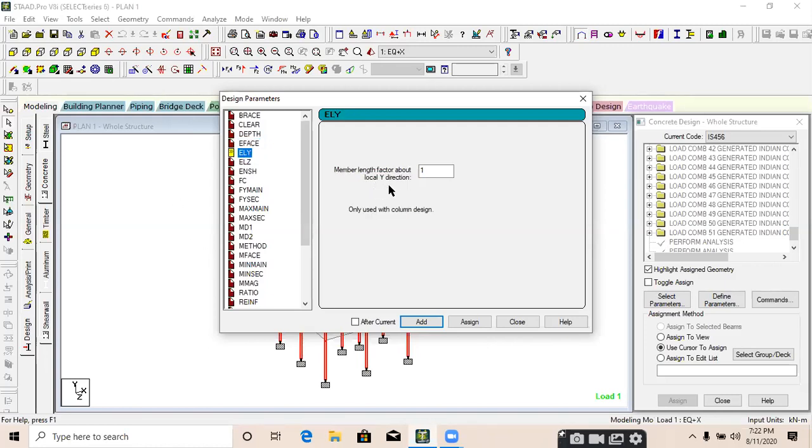Member length factor about local bi-direction, only used with column design. Like in this, we are using a different beam cross section, beam depth, like that. Effective length: if your effective length is changed, or your beam column height is somehow 3 meter and the effective length is different, then you need to provide an effective length. Okay. We will provide ELY because along the y direction we have the direction of the column,